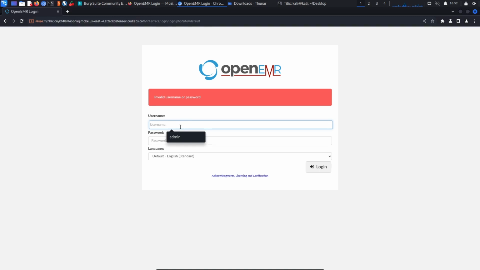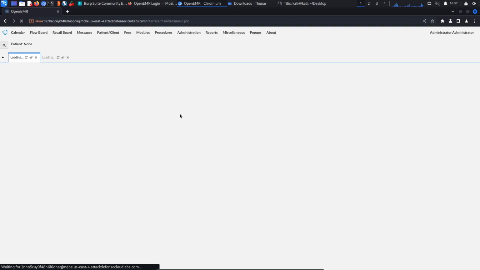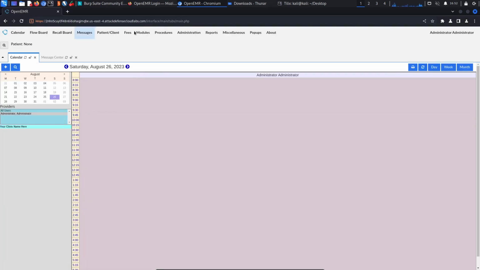So now that we know that, we're going to try and log in here. So I'm going to say admin and password, and let's see if we can identify the version of OpenEMR now. So there we are. We log in, and as you can see, this is exactly what you'd expect. It is an electronic medical records or patient management system, but more so